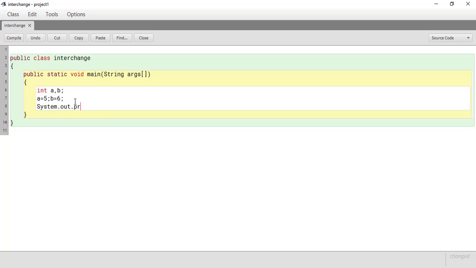So using System.out.println we can print. We can write here, values before interchange. Values before interchange, this is a string. So we can separate the variable and the string with the string concatenation operator. So we can print the value of a. Then